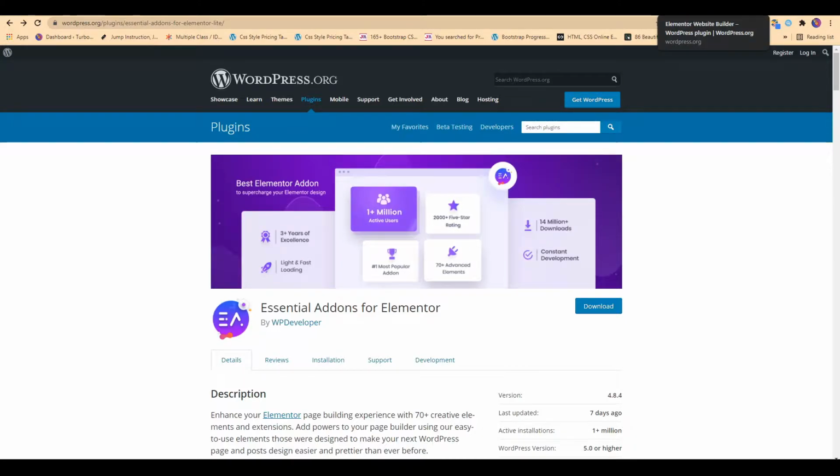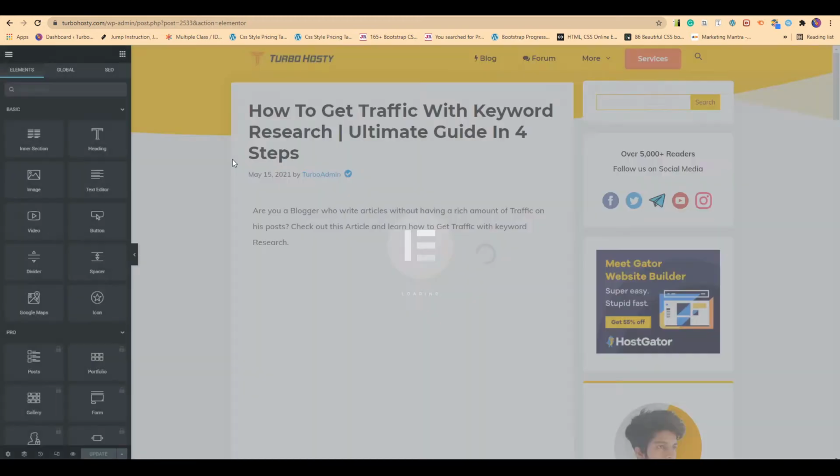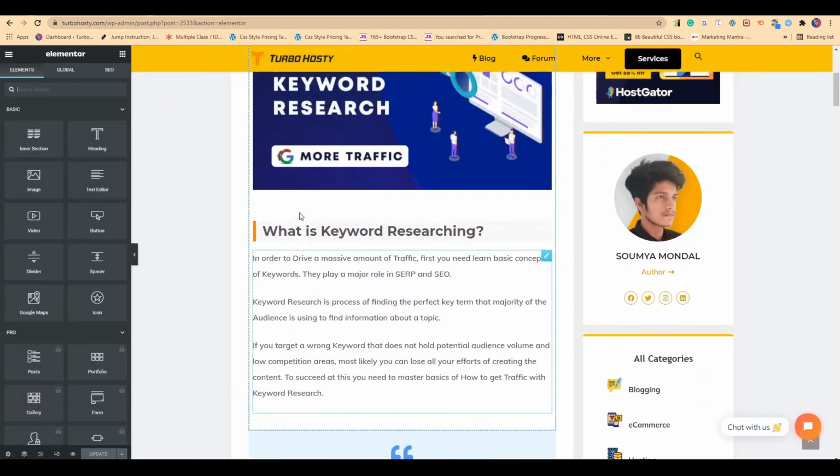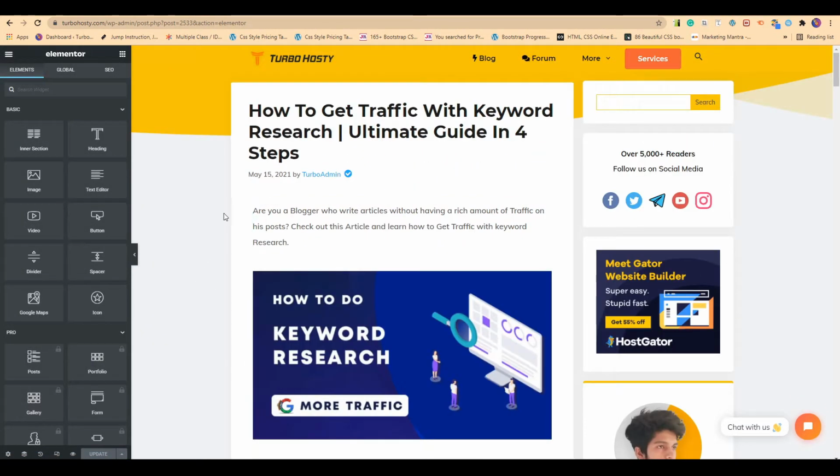If you don't use Elementor to build your pages or posts, it's fine actually. You can just create a prototype page that doesn't need to be ranked or indexed in Google. You just have to enable that. You don't actually have to use them on your posts. After installing both of the plugins, you have to open a post where you have any headings, so that it helps you out understanding the table of contents.